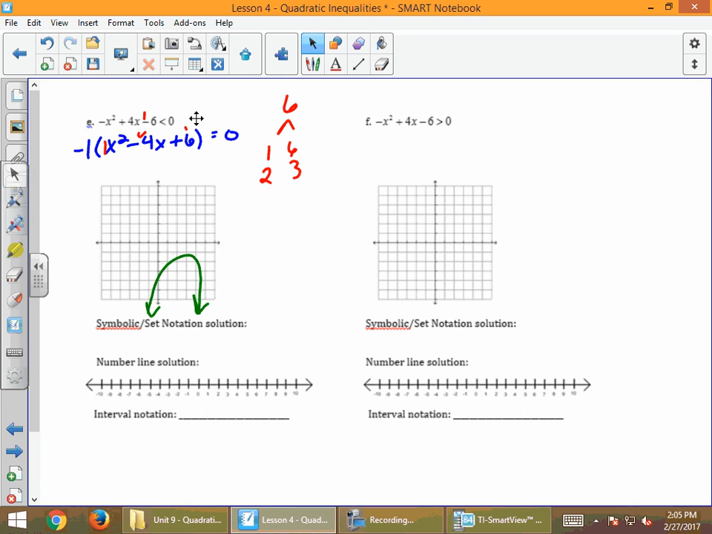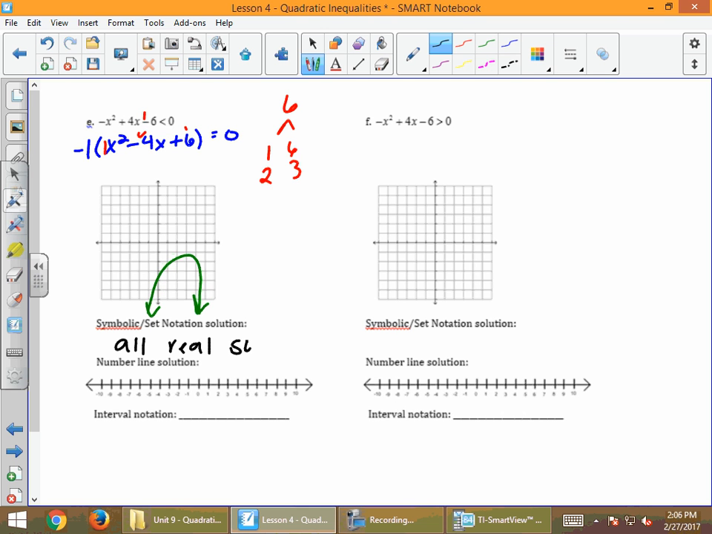So when it works for every single x value, we would say any x value we plug in will work. We're going to get an answer that's less than 0. Remember, that's what they're asking with these inequalities. We're trying to find which x values we can plug in that will satisfy it. And in this case, every single x value will work. So when we do this on a number line,